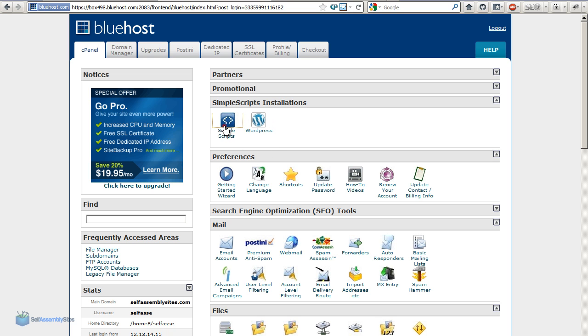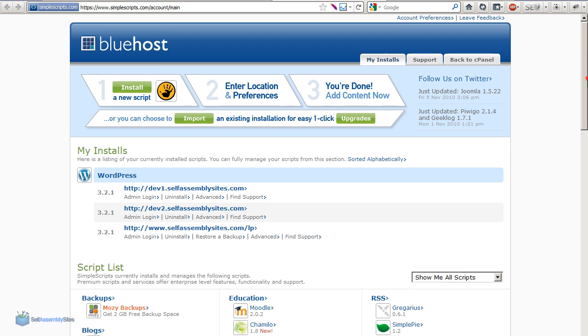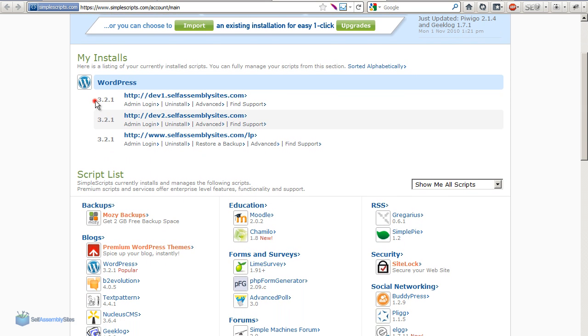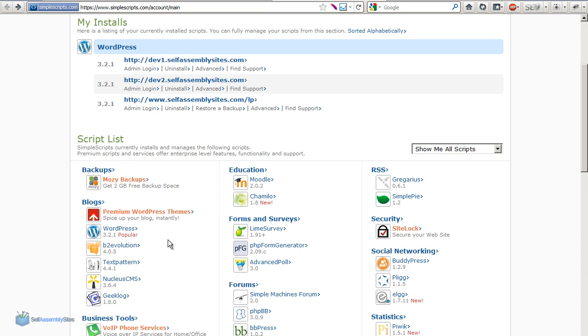So if I click on Simple Scripts here, it opens a new window, and that shows, for example, the installs that I've created here. So I have development server installs, and it tells me what version of them I'm running, and it also gives an option to install a new script. And down here you'll see all of the apps and scripts that you can install, and WordPress is there. You can choose WordPress, and if you want some more information about that, you can look at our one-click install for cPanel,